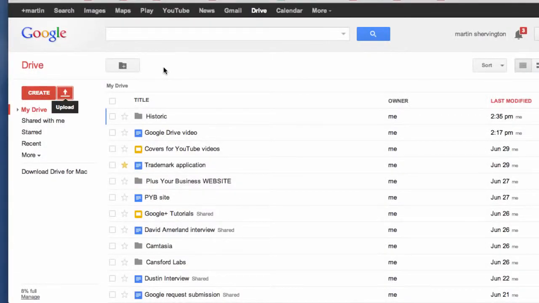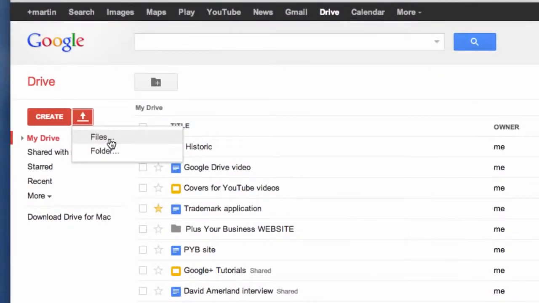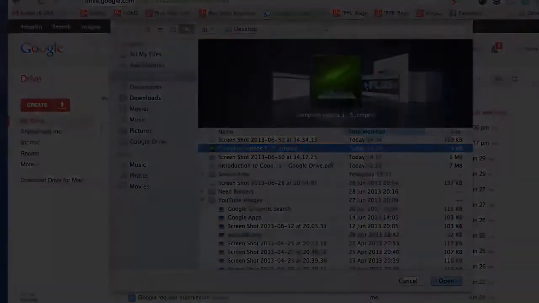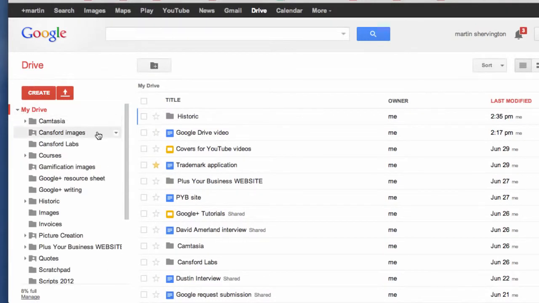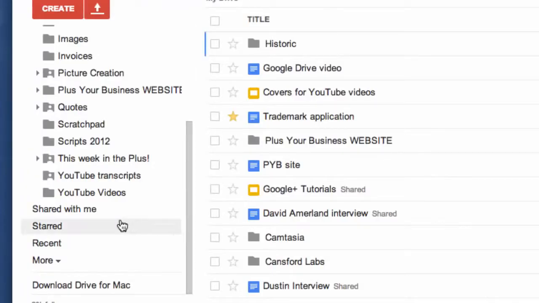Looking at the first element, the cloud storage, if you go to Upload and click, you'll be able to find either files or folders that are on your computer, and you can upload those into the cloud. Once you have content in Drive, if you click next to My Drive, you'll see folders that you have that are stored. A little further down, you'll see files or folders that are shared with you, which ones are starred,